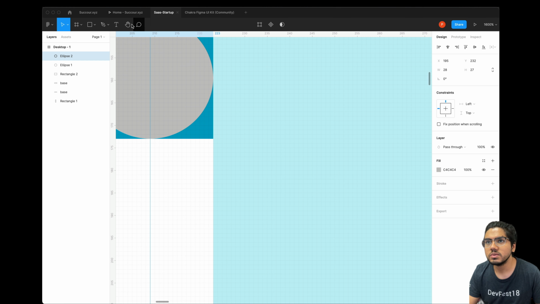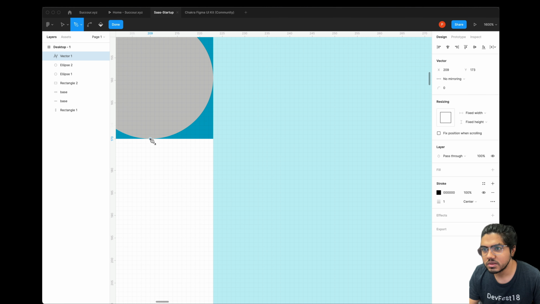And now what we'll do, we'll take this tool, also known as the pen tool. We'll press here. We'll keep taking all the points which they are giving us. Make sure you don't miss any edges. It might look a little bit wavy right now, but once we zoom out, it will be perfectly circular.